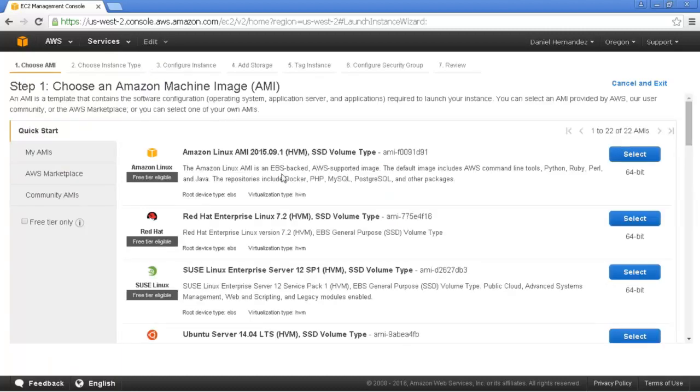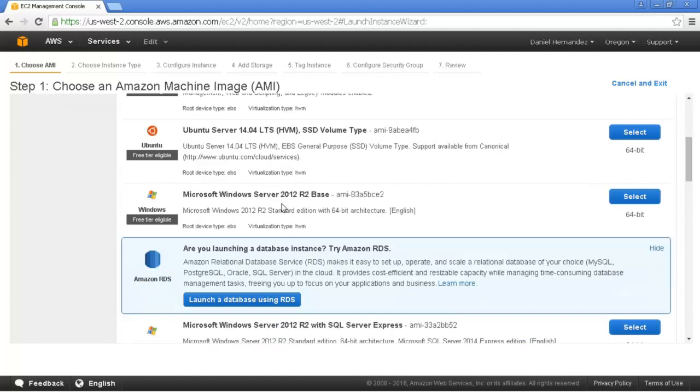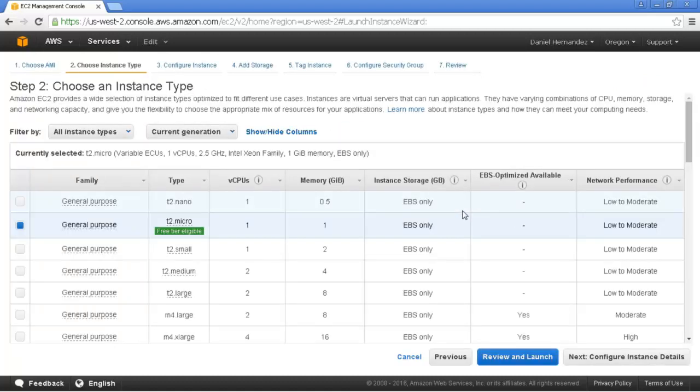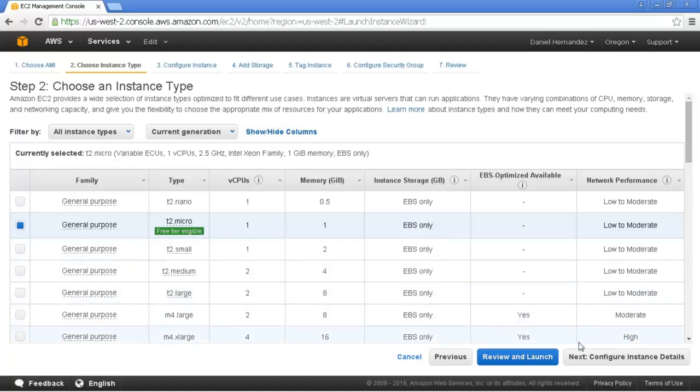In the first step to create EC2 instances, we are going to choose an Amazon machine image. For this video, we will select Microsoft Windows Server 2012 R2 base. Next, we are going to choose the instance type. For this video, we will select the type micro, and then we will click on